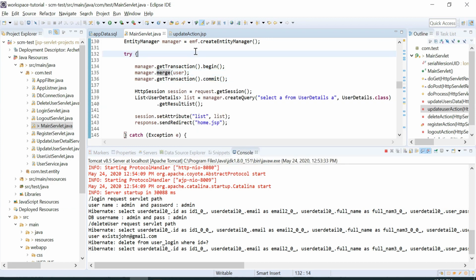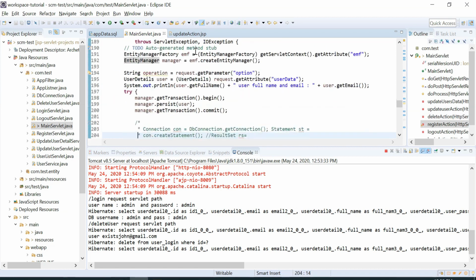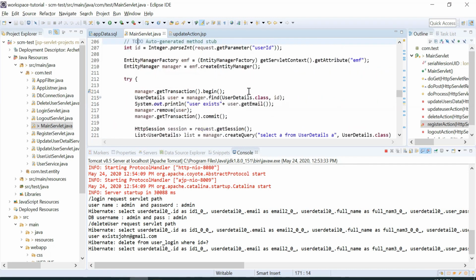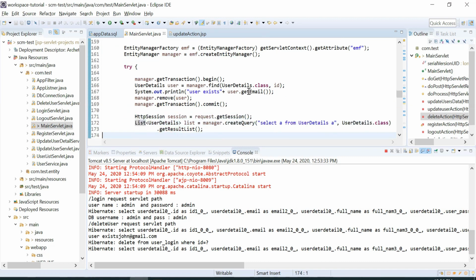And for create, in the create method, we used the persist method for creating the users. And the rest, like find user and find all users, we can do by JPQL query process. We used JPQL queries, select star from table name, like that, so we'll get the list of objects. So this is, we can say, the complete code operation with the servlet.